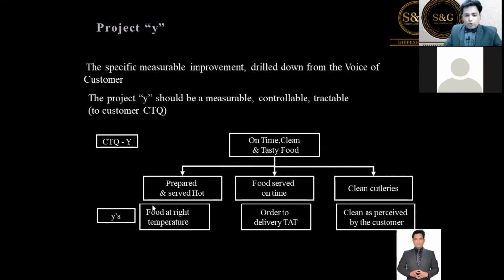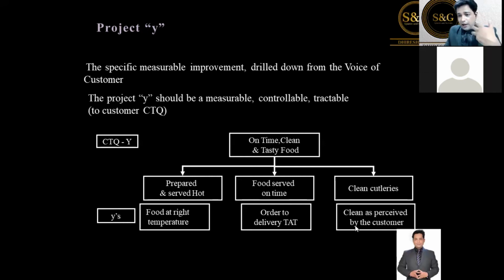So let's go to the first project, food at the right temperature. I'll collect the data and find out at what temperature we are serving the food to the customer. If I find there is some deviation, then I will take up a project on that. I will collect data for, let's say, 1 month, 2 months, 3 months. If there is no data available, I will put a system in place to collect the data, and then I will identify the project. Second one is order to delivery lead time. I will collect the data for order to delivery as well, and from there I will select the project if there is a variation, and I will try to squeeze that order to delivery lead time.